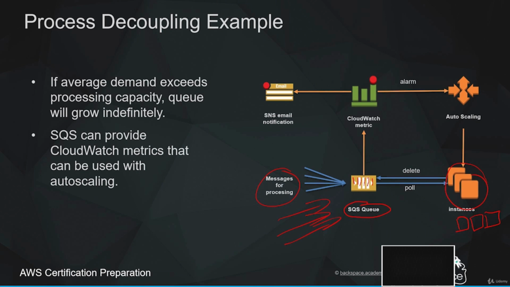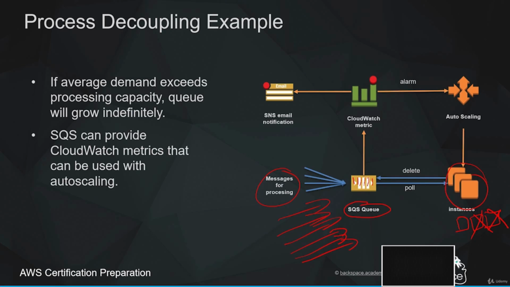But what happens when the average demand exceeds what our capacity is? So I'll give you an example. So we've got our bank, and all of a sudden we had 5 tellers, and 4 of those tellers have become sick. They've got influenza or whatever. But the same amount of people are coming through the door, and the queue is going to build up, and the queue will never decrease.